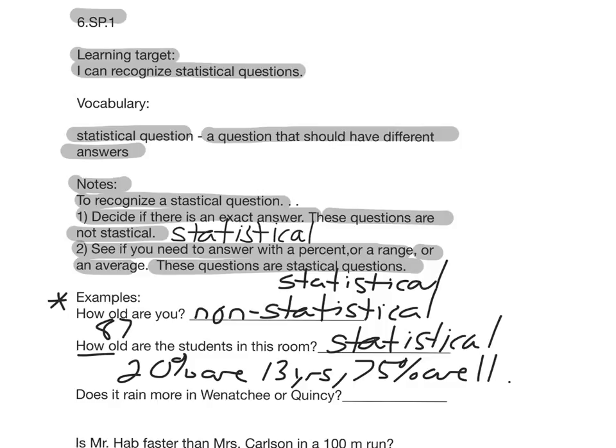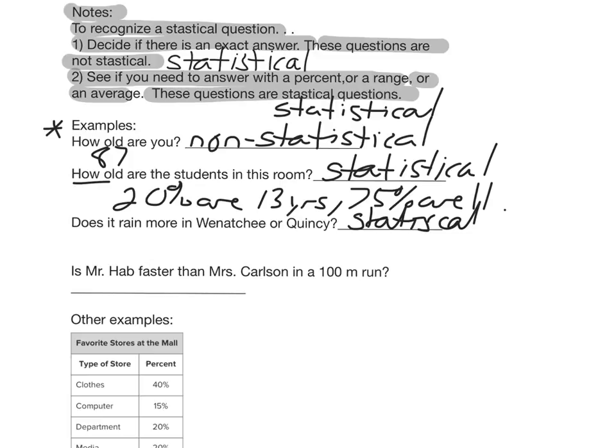Okay, does it rain more in Wenatchee or Quincy? Well, how do you measure that, and when do you measure that? There's variability in that answer. The answer kind of depends on something. If it depends on something, it is statistical. Does it mean this year? Does it mean last year? So you're going to have to define the conditions more. So does it rain more in Wenatchee or Quincy? If you answer something like, on average in